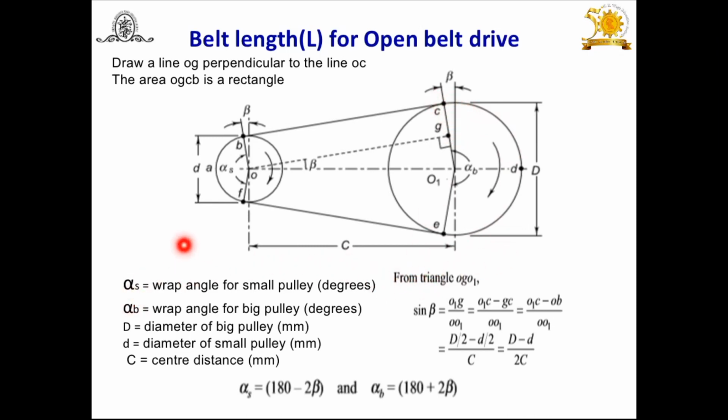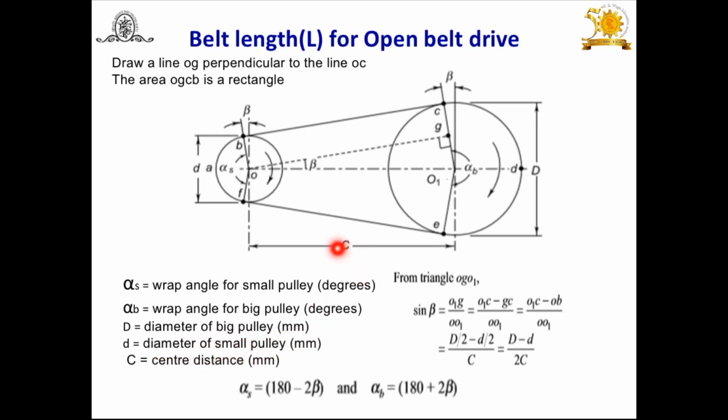Now here let us take alpha s. This is the wrap angle for the small pulley, which is 180 minus 2 alpha, and alpha b is the wrap angle for the big pulley, in degrees. This is 180 plus 2 alpha, already given here. Then second, capital D is the diameter of the big pulley, small d is the diameter of the smaller pulley, c is